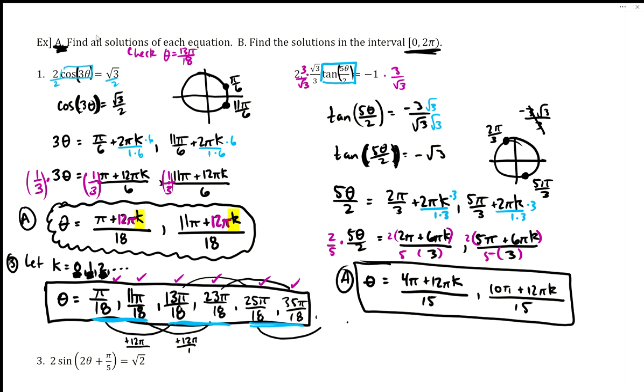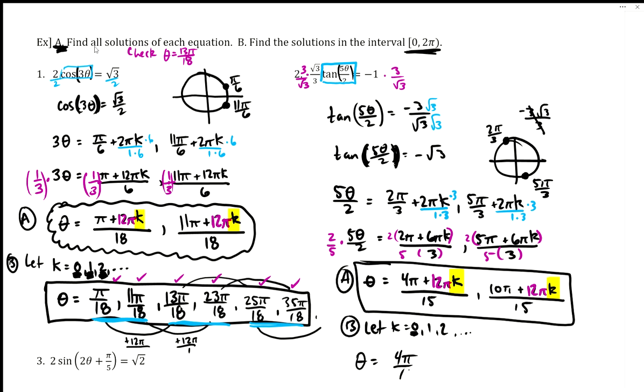All right, so now we're doing part B, where we let k equal 0, 1, 2, and so forth, however many we might need to do. But usually I'm just looking for a pattern, and I'm just highlighting it. This is where we should be doing addition by 12 pi to our numerator to get different answers. So theta equals, if I let k equal 0 in those two answers, then that second term is gone, and we're left